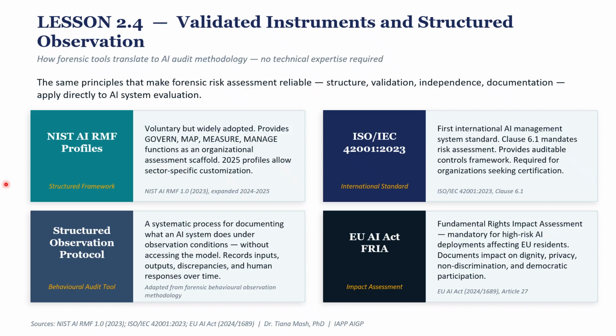So what does that really mean? A social service organization uses an AI tool to, for example, generate recommendations for clients. For 30 days, a designated observer documents every instance where a caseworker's independent judgment differs from an AI recommendation, along with the reasons the caseworkers record for the difference and the ultimate outcome. At the end of 30 days, the observation record shows that AI recommendations for clients in specific demographic groups are being consistently overridden, and the outcomes in those cases are measurably better. This is both a governance finding and an evidence base for recommendation, right?